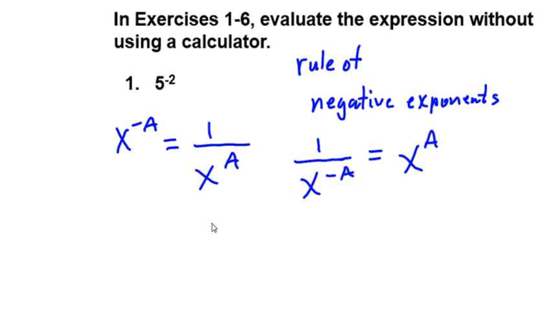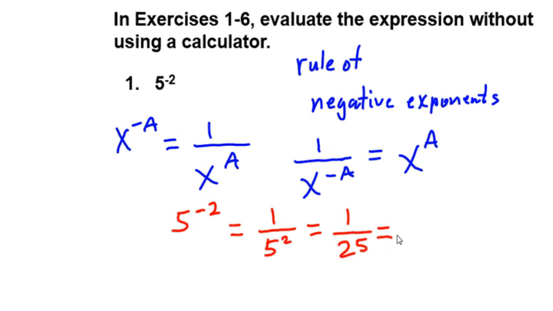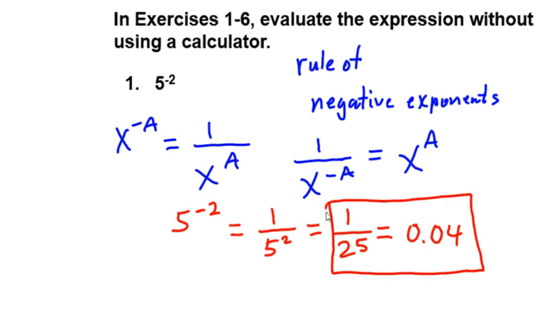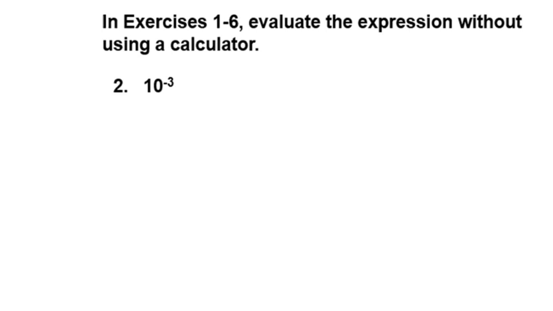So here we have 5 to the power of negative 2. Well, using that kind of rule, that's going to be the same as 1 over 5 squared. And 1 over 5 squared is going to be 1/25th. And decimalized, if we take 1 divided by 25, we have 0.04. So this would be our correct answer for problem number 1. Next odd number problem, which is 3,